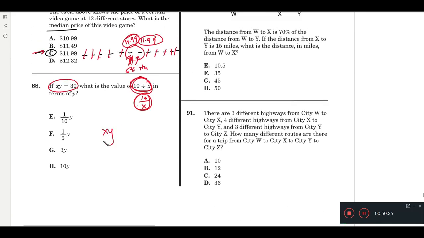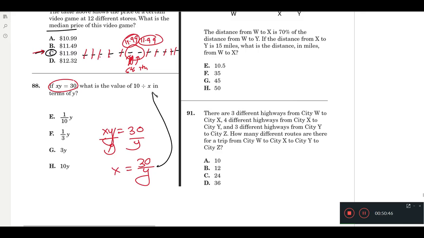It says xy equal to 30, right? And if you solve for x, x equal to 30 over y. Then we can plug it in here. Look at it, just 10 divided by x. That's what they want, right? So you can just plug in x here. So 10 divided by x is what? 10 divided by 30 over